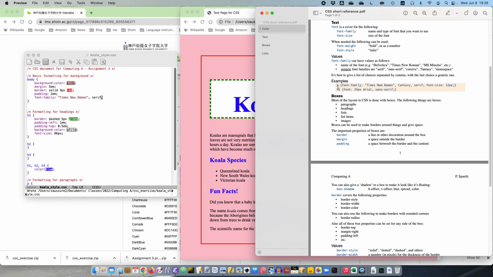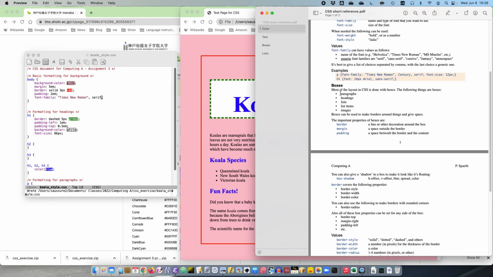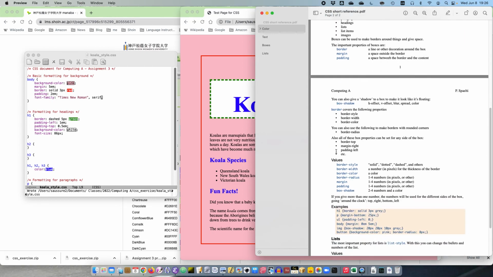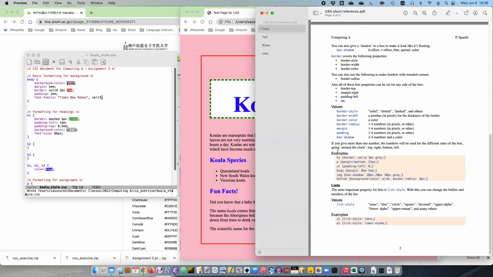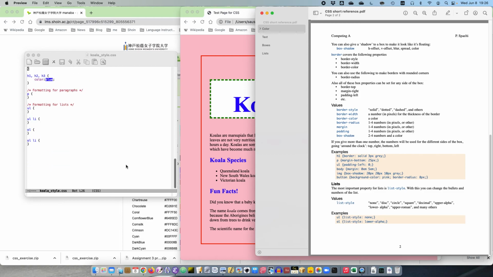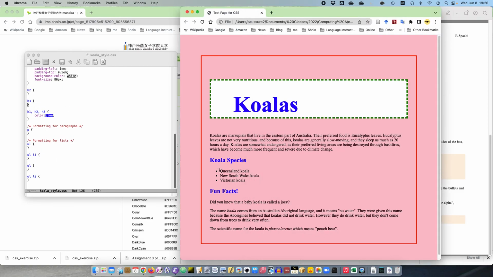So we already looked at colors and margin boxes and margins and so on. Then finally, one more thing we might try to check is the lists. What about lists? Well, here we have a list here, right? Now, of course, we can just change the list. So if we change the list and give it a background color,